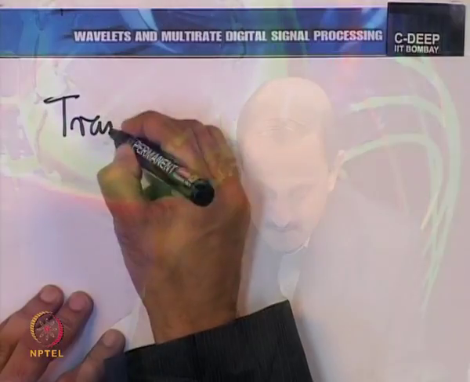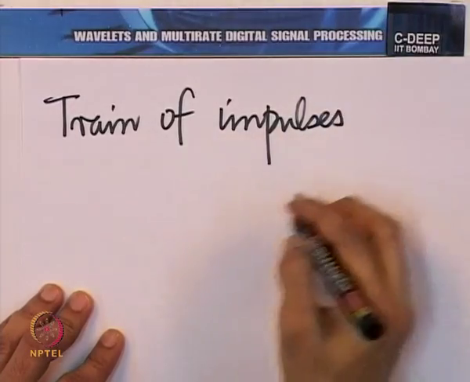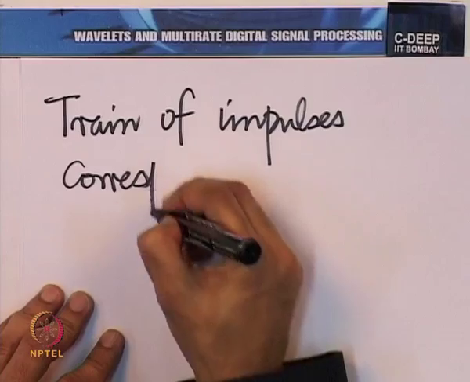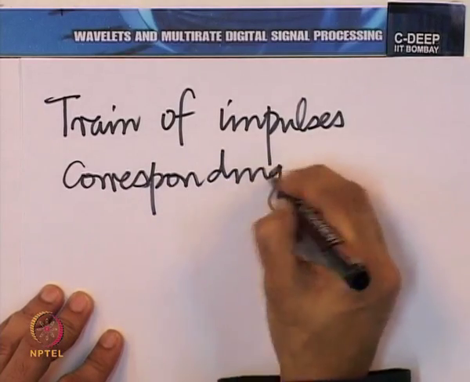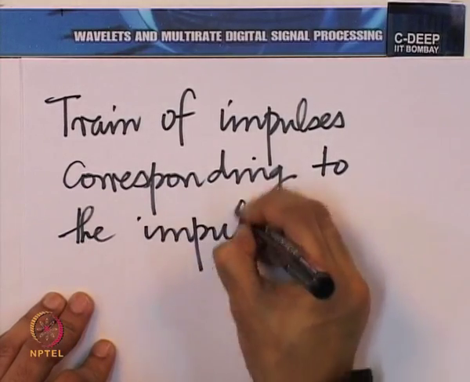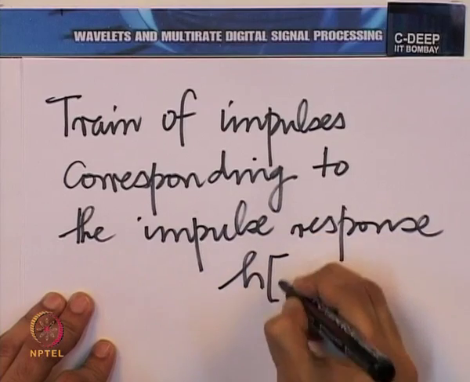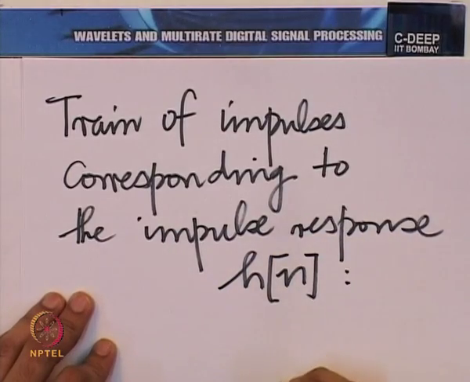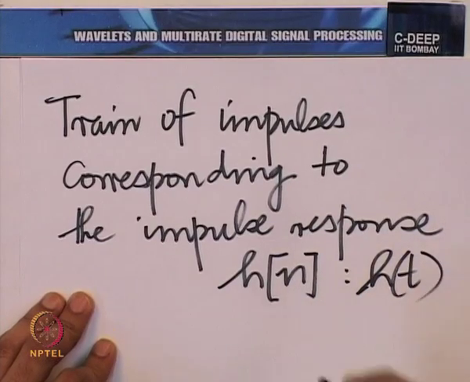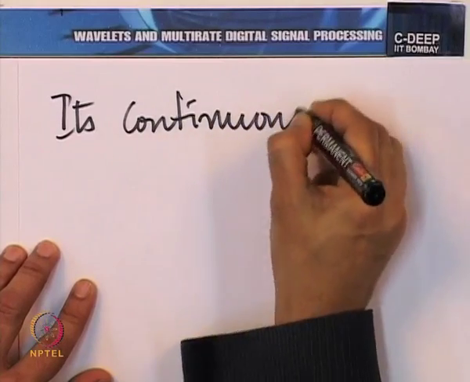So, we have this train of impulses corresponding to the impulse response h of n, which we have called h of the continuous variable t, its continuous time Fourier transform or analog Fourier transform, so to speak,